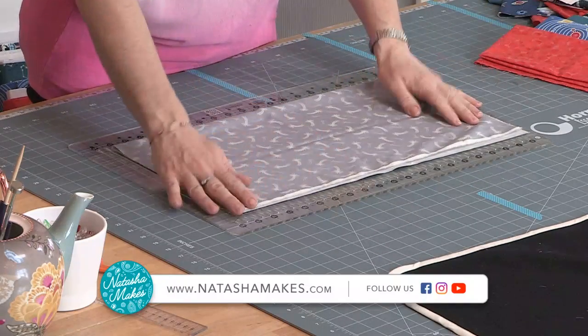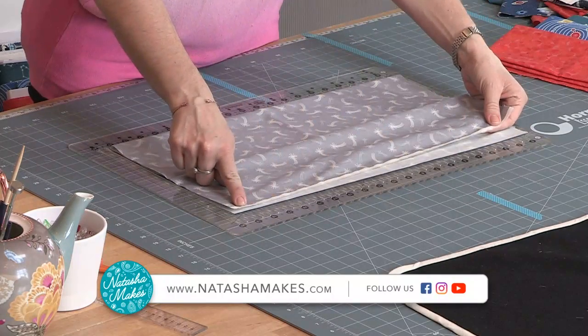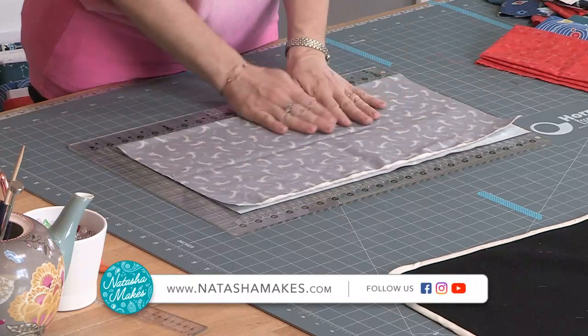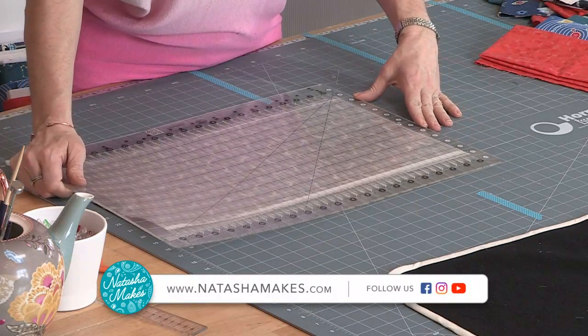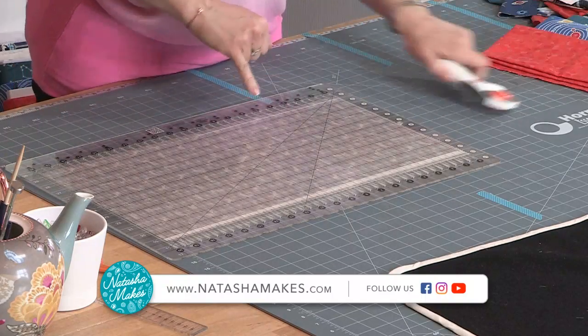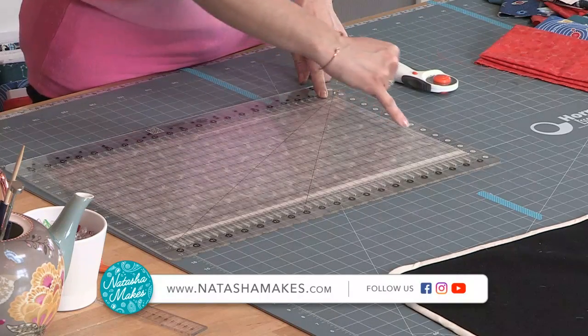So when you get your fabric, there's your selvage edge. Just line that up. Often from where it's folded, you've already got a straight line. Pop your ruler on top there. Okay. And what I'm going to do when I use it is, because you've got lines all the way along here, every half inch again,